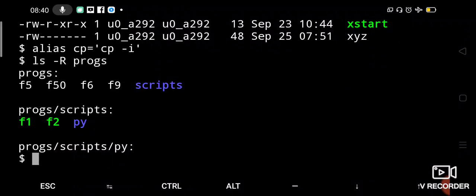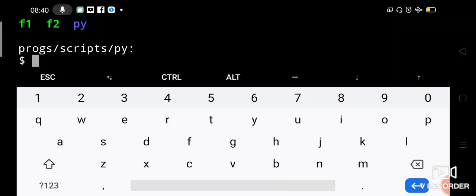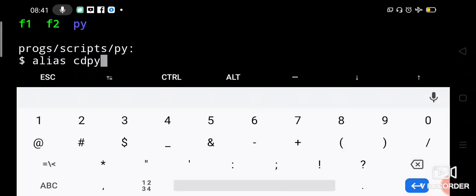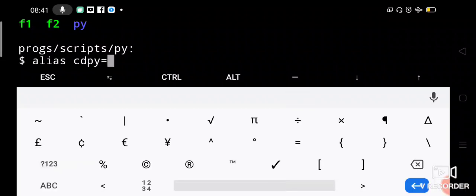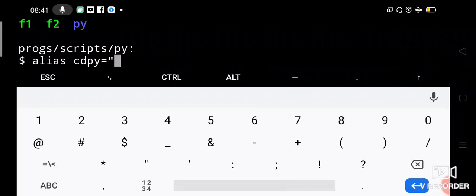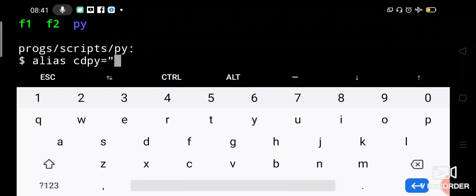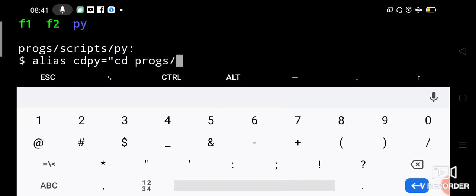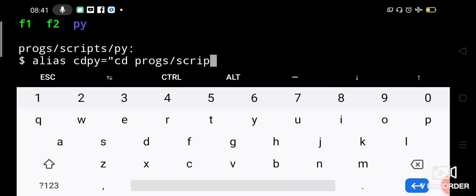Let me create a shortcut for this path. I will say alias cd py equal to the path, you can use single quote or double quote, cd programs/scripts/py.